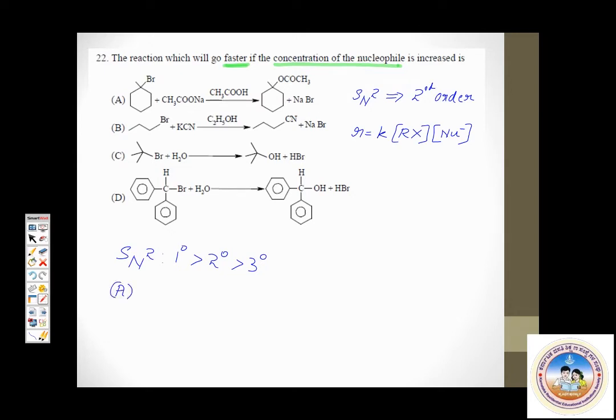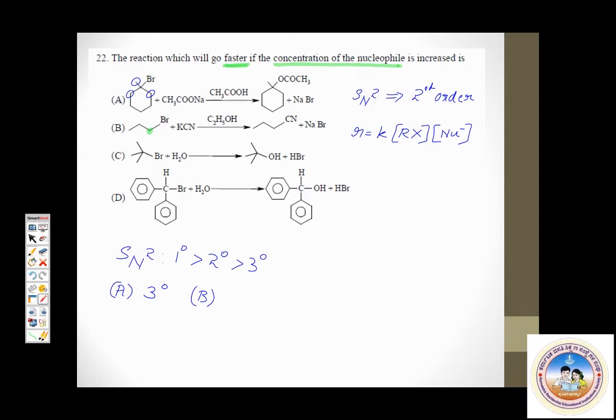Option A is tertiary. Option B. See, bromine atom is attached to one carbon. I'll highlight that. I'm highlighting it. See, bromine atom is attached to a carbon atom which is attached to 2 hydrogens. All hydrogens are not mentioned, but you should know their presence. Okay, that's what is bond line notation. So option B has carbon which is attached to halogen having 2 hydrogens. So it is primary. Option B is primary.